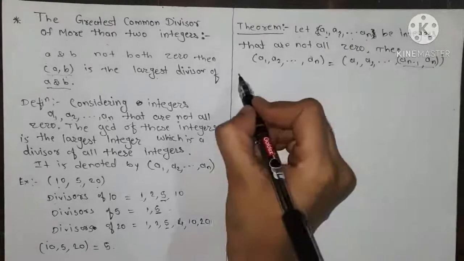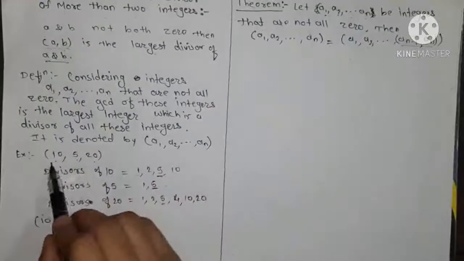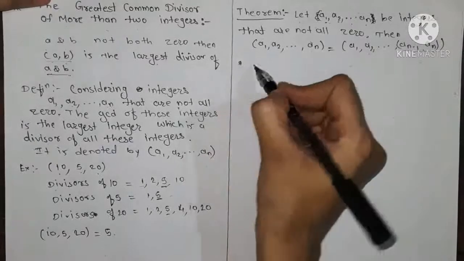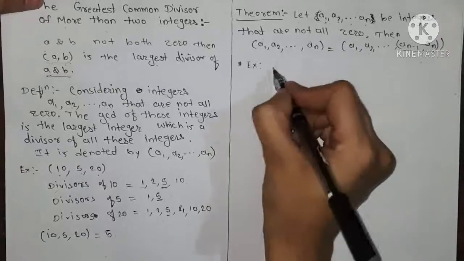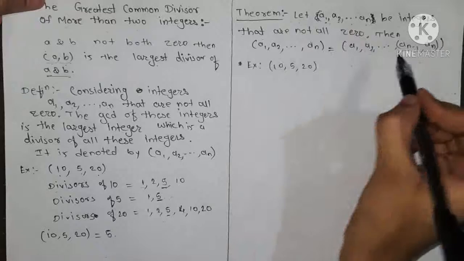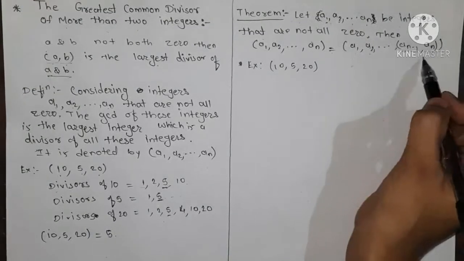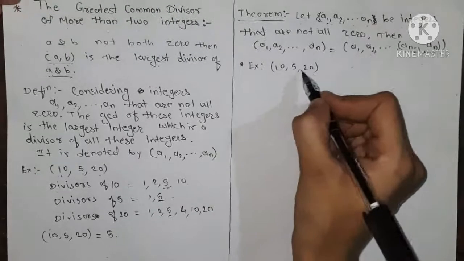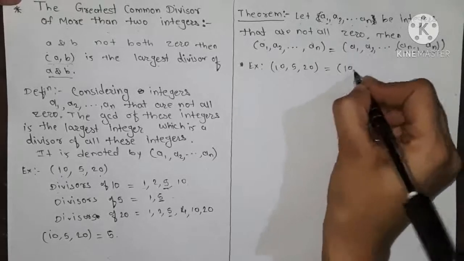Okay, so what it means is that if we have the numbers as in this example, 10, 5, 20, let's see the example first and then we go to the proof. As in the previous example, we have the GCD of 10, 5, 20. What this theorem says is to take the GCD of any pair and then take the GCD of the whole set of integers. So here, the GCD of 10, 5 and 20 is the same as the GCD of 10 and